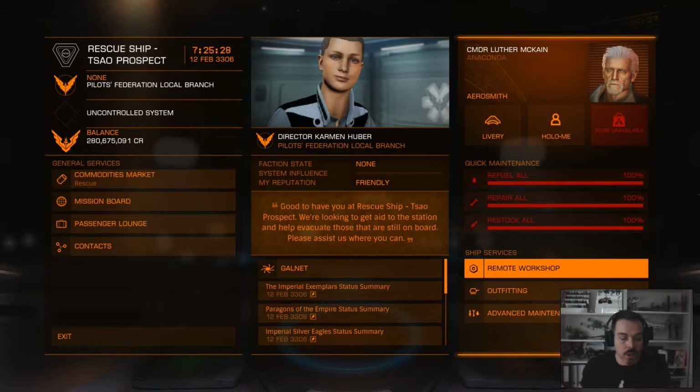This is actually, I guess, the second or third video for Elite Dangerous, so apologies if it's not perfect. I want to show you a quick way that I'm using at the moment, first of all, to farm some reputation at the superpowers, secondly, to farm my combat rank, and thirdly, to get some decent money in a relatively quick time. So what I've done, I've traveled to the rescue ship at the Tsao Prospect in